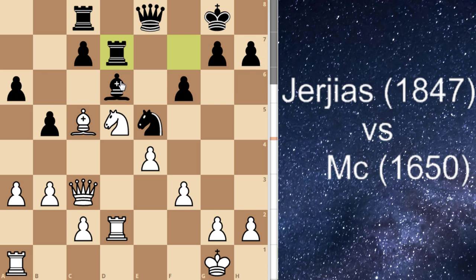But here I played queen e3, and I think the idea of queen e3 was just to defend my rook in case, or actually, I don't know what the idea of queen e3 was. I think the idea of queen e3 was just to blunder